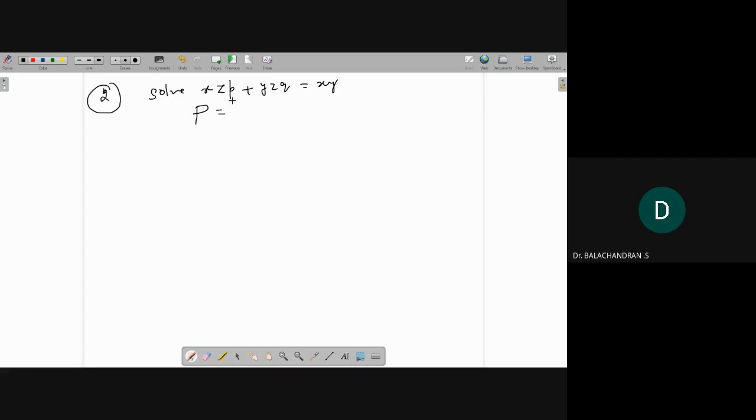But here you have p, here q, and this is R. Capital P is xz, capital Q is yz, and capital R is xy. So you can solve this problem by Lagrange's linear equation. Then the auxiliary equation is